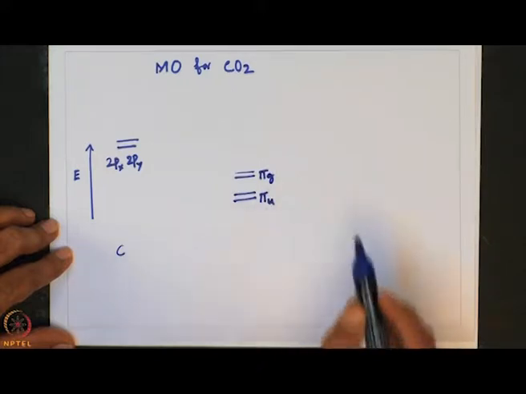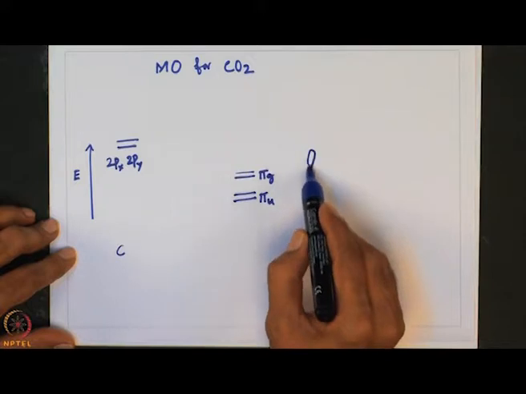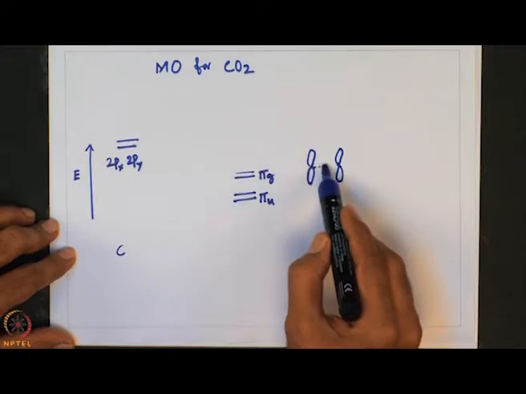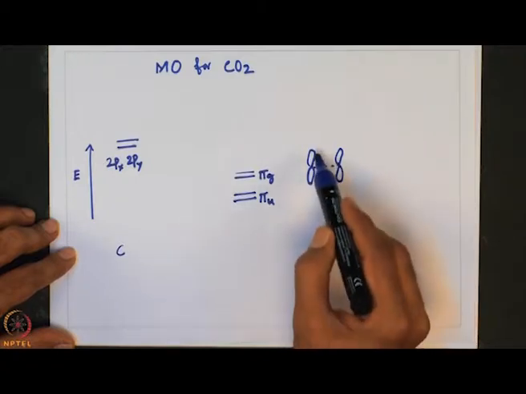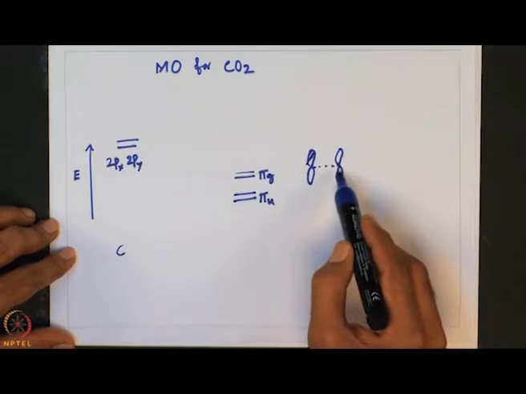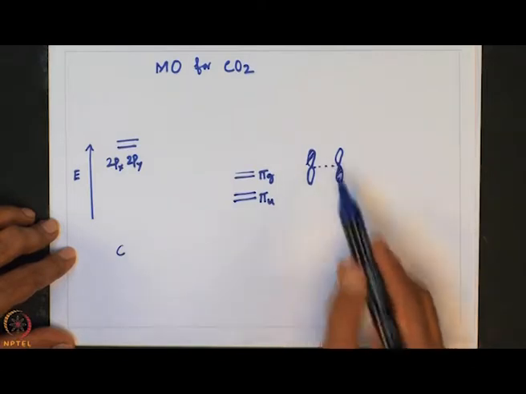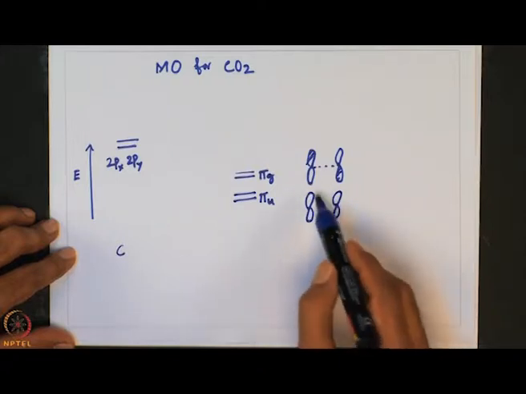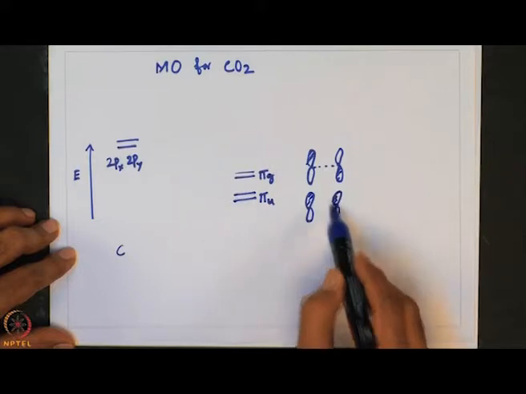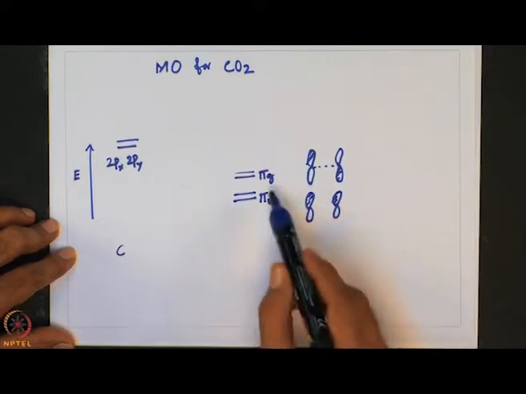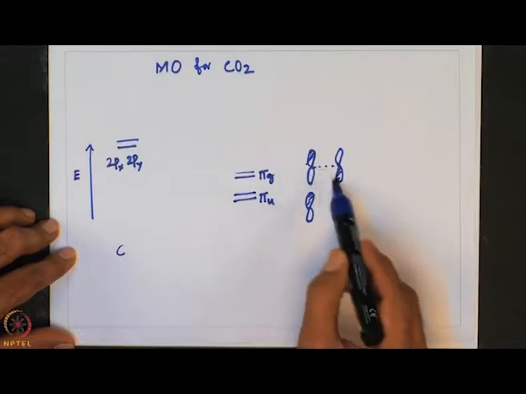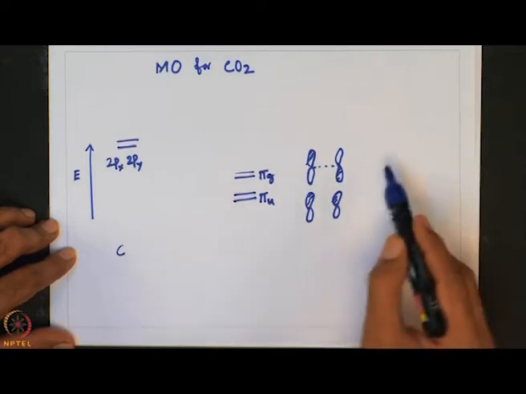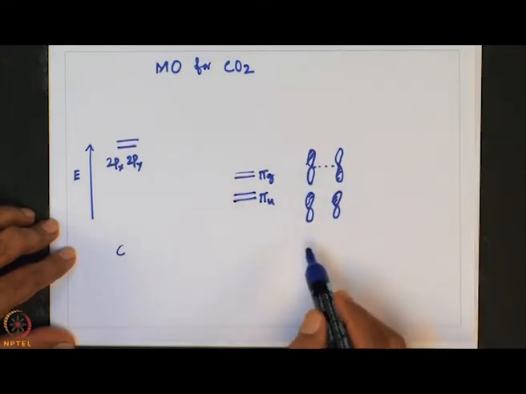You may be wondering what this is. This is anti-bonding, this is bonding. So, bonding is gerade, whereas anti-bonding is ungerade, symmetric. That is the reason this subscript is coming here, and this is the combination of